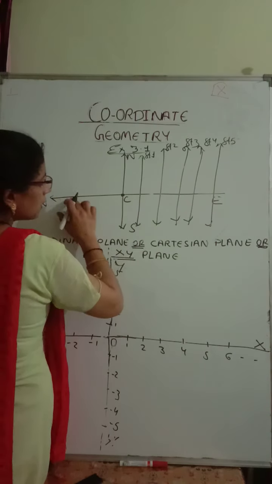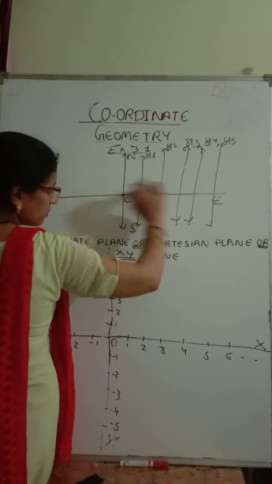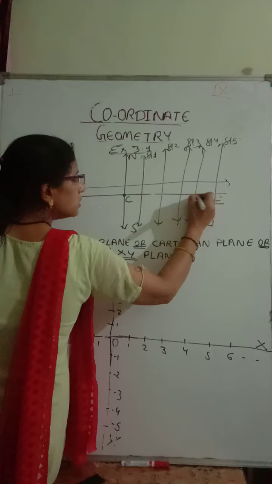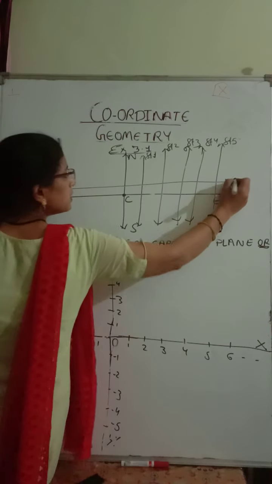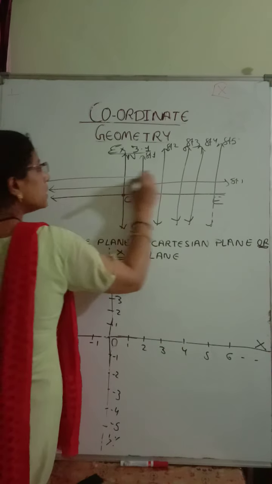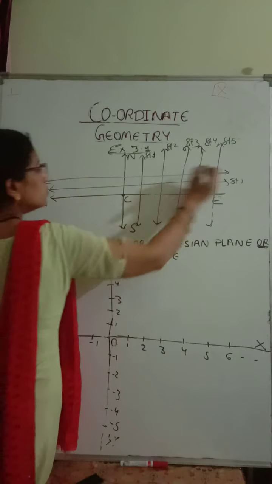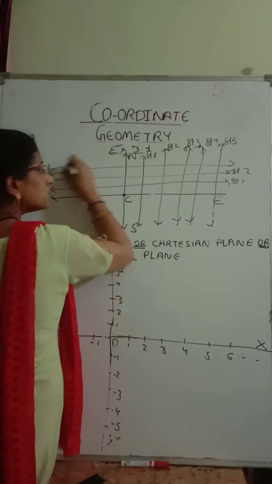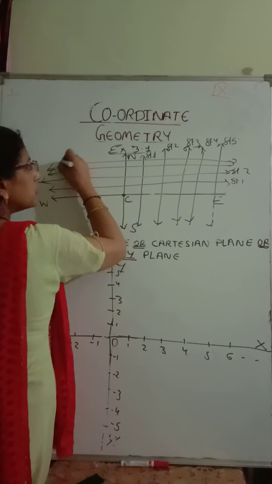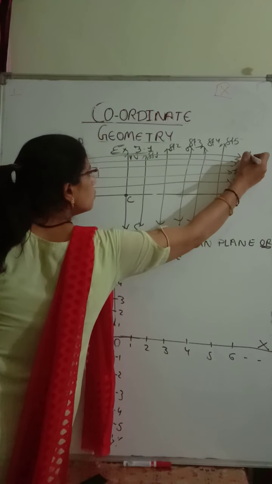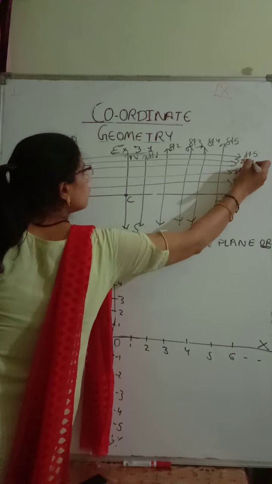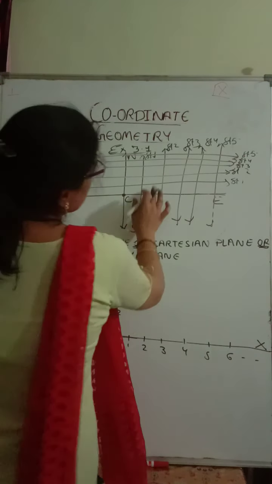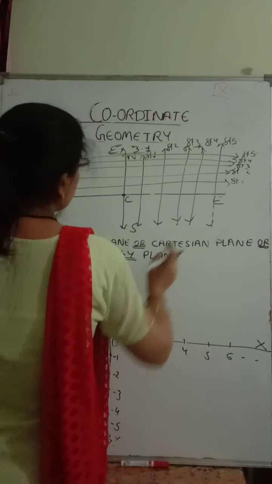And second way, this is also a main road, so some streets are parallel to this road also. So this is parallel to this main road. Let me say this is street 1, this is street 2, this is street 3, this is street 4 and this is street 5, and so on. So these are the parallel streets from this side.